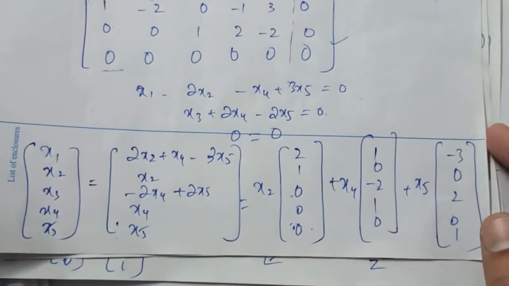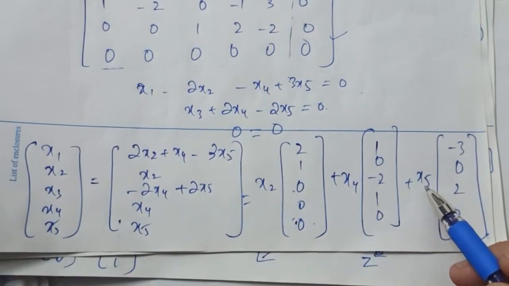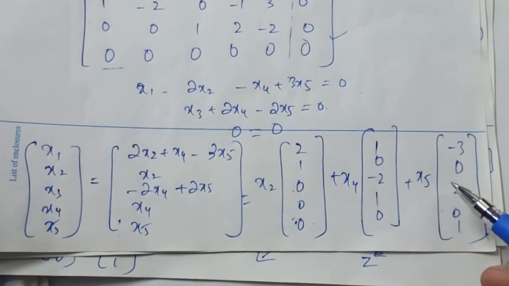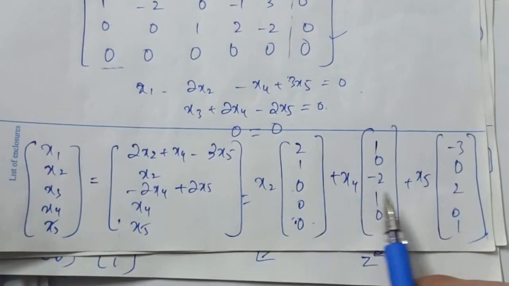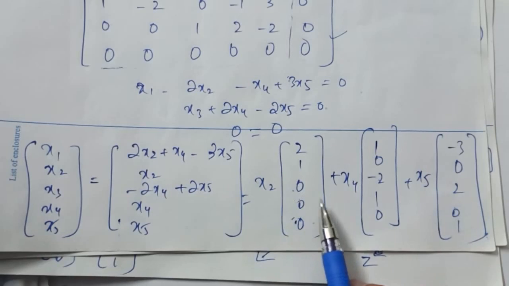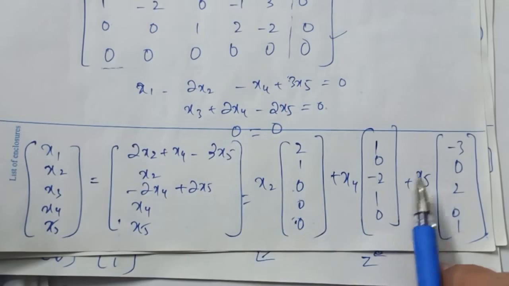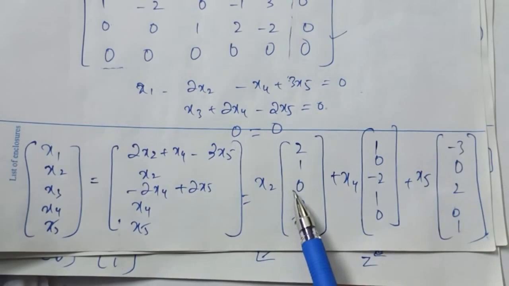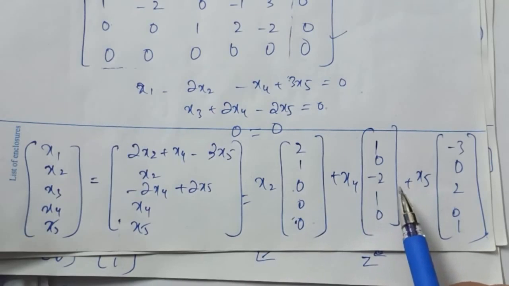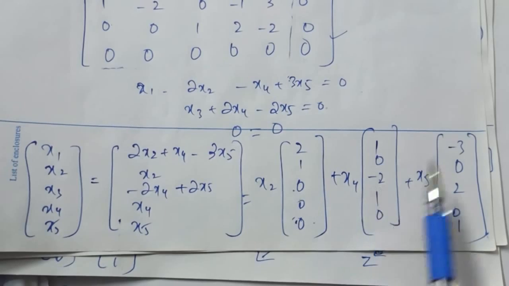As we discussed earlier, the number of free variables determines the basis vectors. If there are 3 free variables, we have 3 basis vectors. If there are 2 free variables, we get 2 basis vectors. So in the null space of A, not the column space, sorry about that, the number of free variables determines how many basis vectors we will have. Okay,